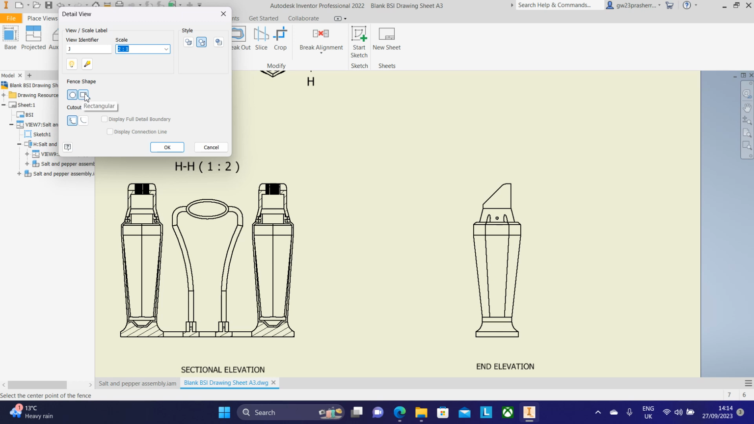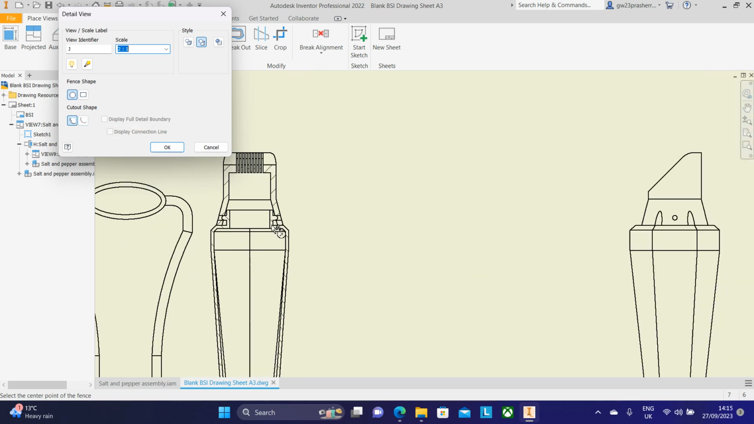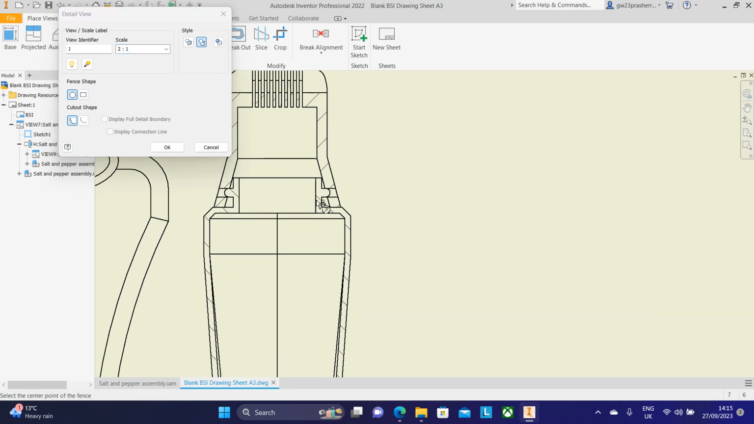You can have a rectangular view or a circular view. In this case, I'm just going to stick to circular. And you can also make the cut edges jagged or smooth, and this just depends on personal preference. I'm just going to stick with the default. I'm going to zoom into the part that I want to do a detailed view on, and I'm just going to click,